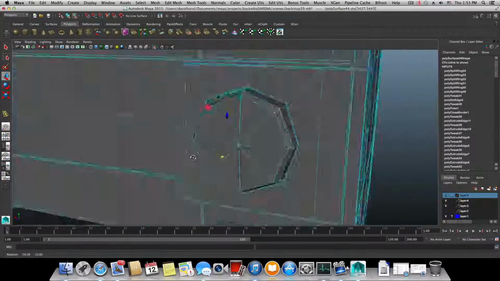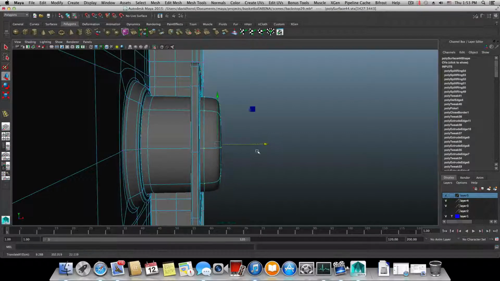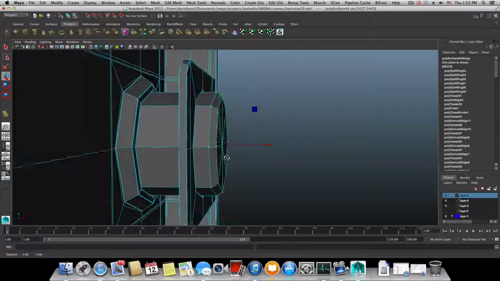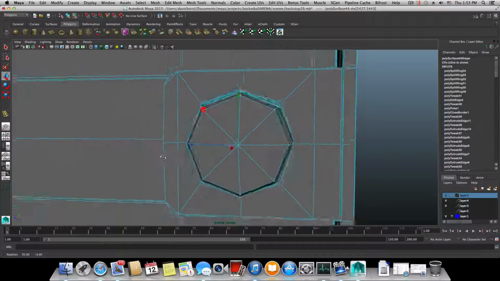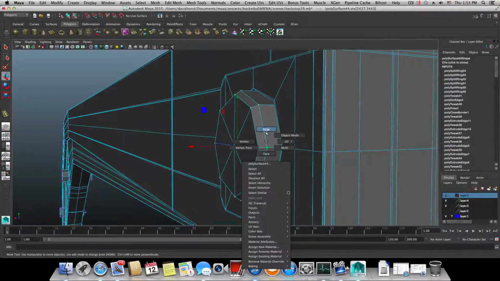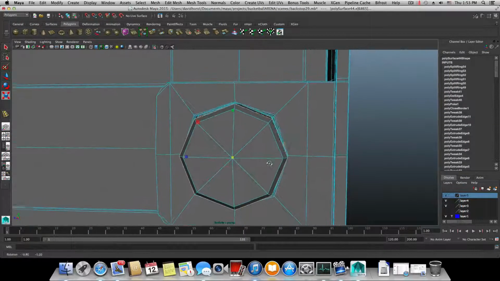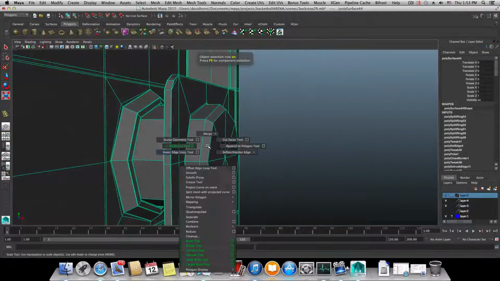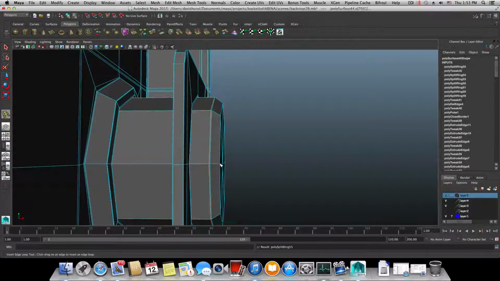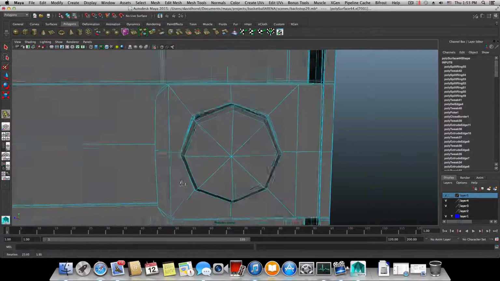Okay, and then let's press 3 just to see how much it's outside, like so. Yeah, let's do something like this. I'm gonna double click on this edge and I'm gonna scale this up just a little bit, and I will press shift select insert edge loops. Gonna add one edge loop here, press 3 to see how it looks. That looks good. All right,